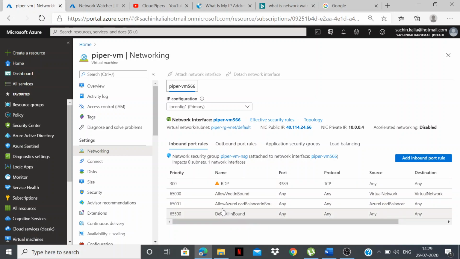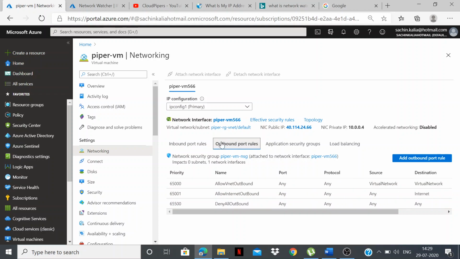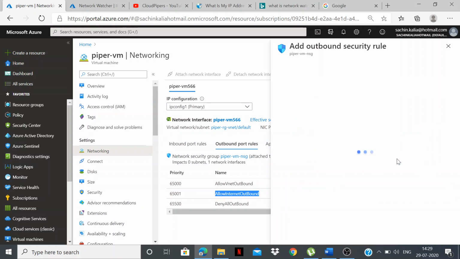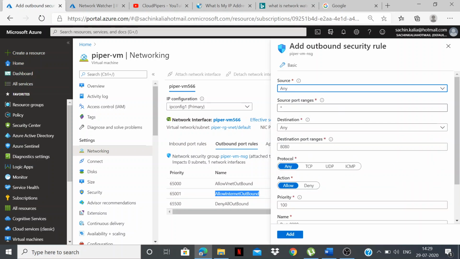If I jump into the outbound rules, this was the rule which was allowing the virtual machine to access the internet, right? So let me create one outbound rule which will override this one